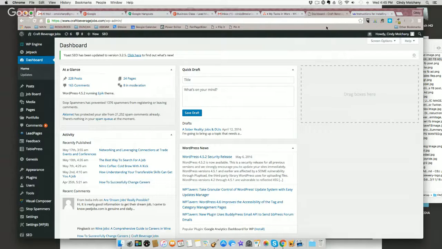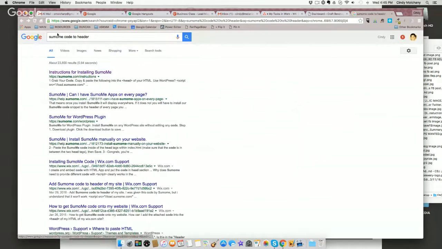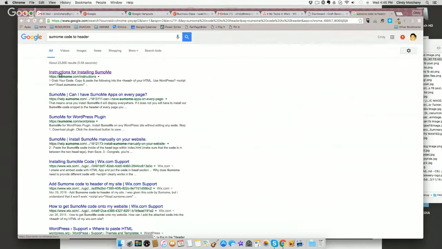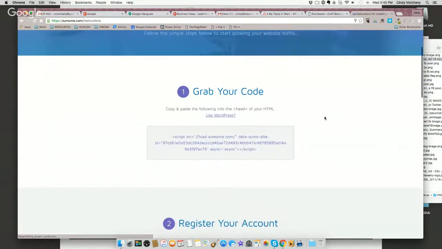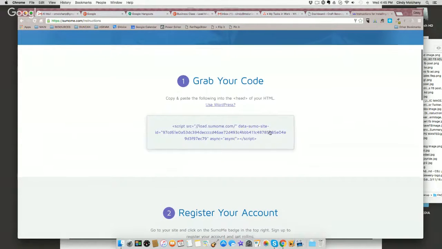All right, there must be a little delay. So if you just Google SumoMe, and then I think I Googled, let's see what I Googled. I Googled SumoMe code to header. That's what I put in the Google search box. And the first thing that popped up is instructions for installing SumoMe. So you click on that, and I guess it's just generic to everybody, but the page that pops up